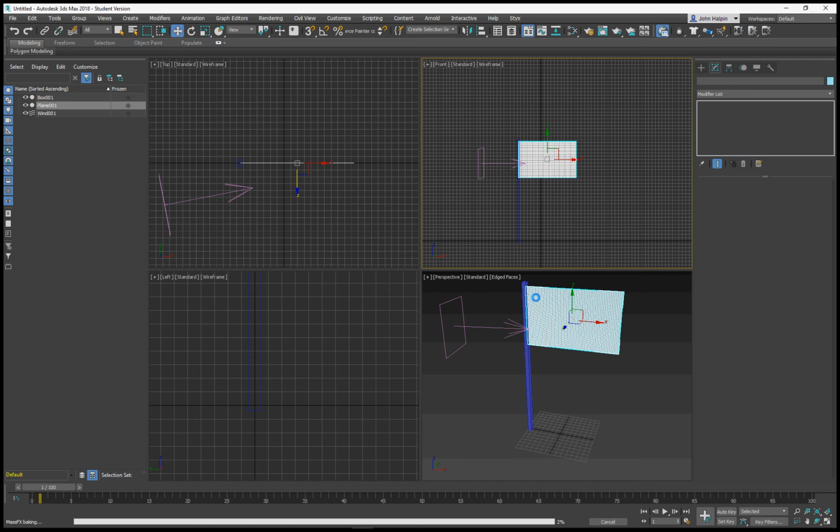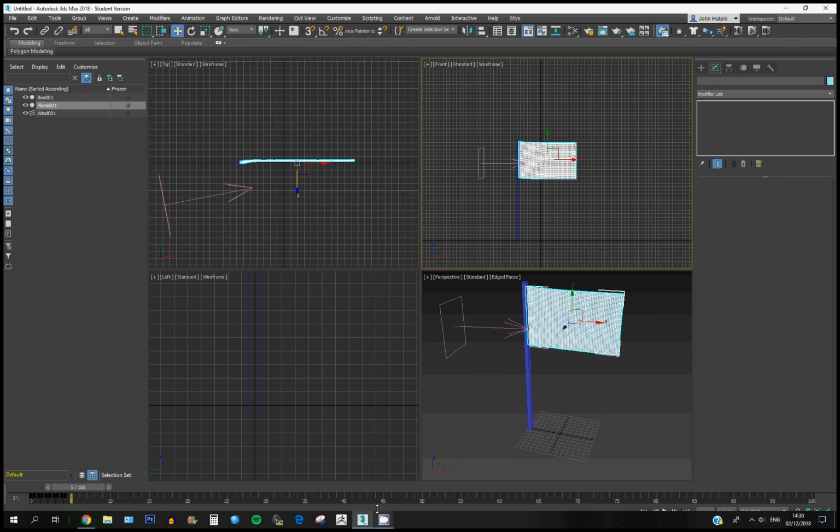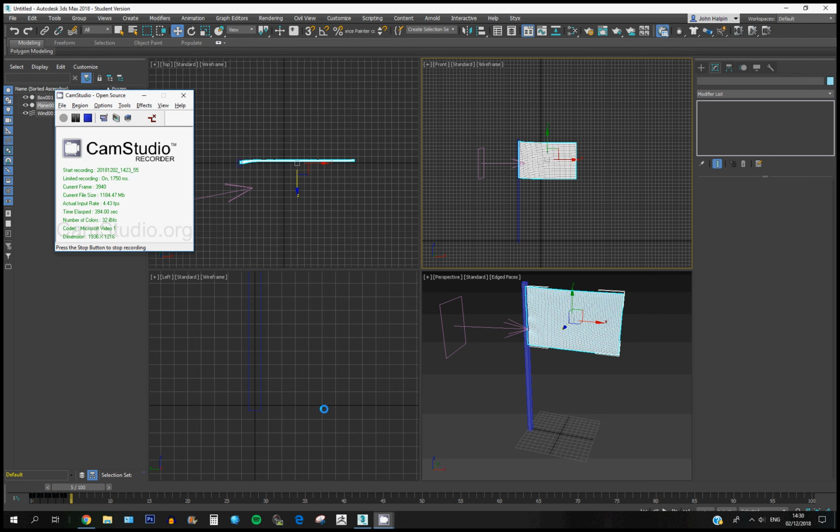This is going to take a little bit of time. So once it's got our keyframes baked in, we have now got a keyframe for each one of those animations. So let's stop the tutorial at this stage and move on to